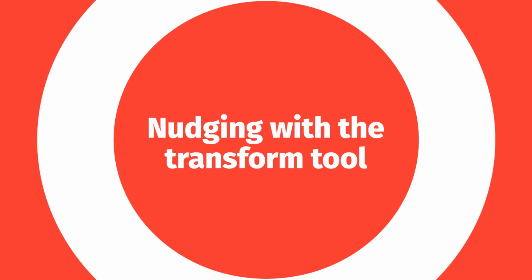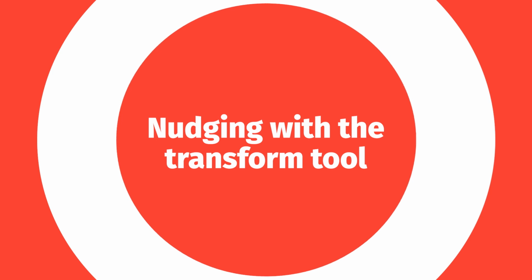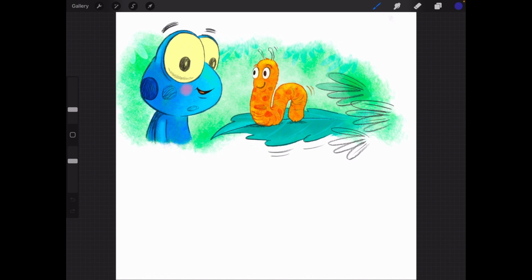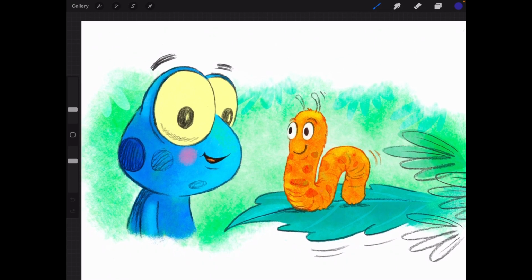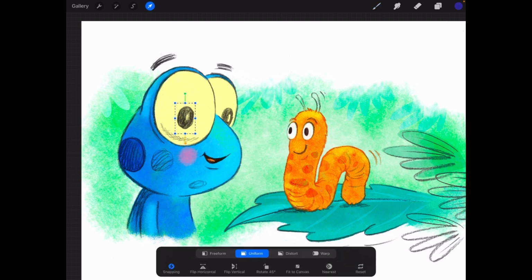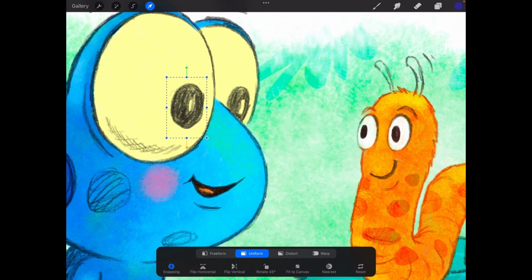This is a very quick tip for moving selections in small increments in Procreate. Let's zoom into this frog's eye, and as you can see, the frog's right eye is not looking at the caterpillar. So we can select it and drag and move it around the image, and if we're not quite sure where it wants to go, just tap with your finger outside the box wherever you want it to go. If I zoom in a little bit more, you'll see that it's moving to the right. If I tap below it, it's moving down. If I tap above it, it's moving up,